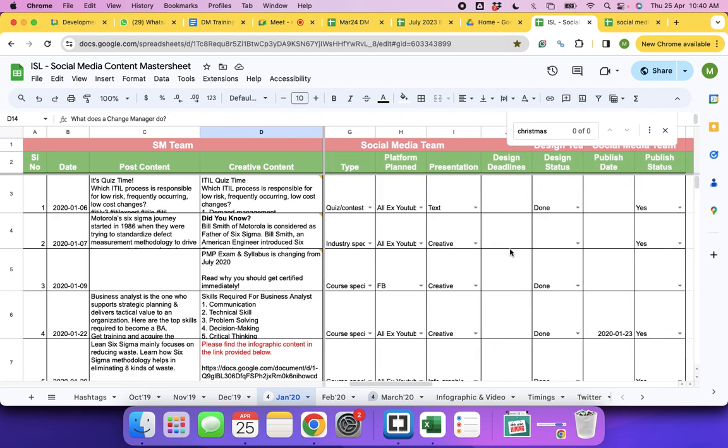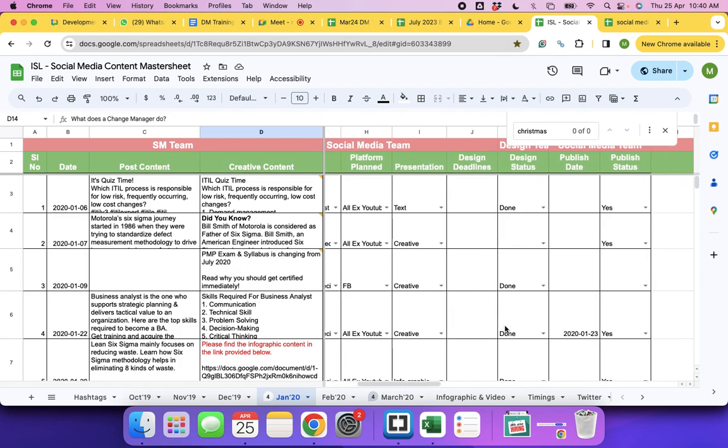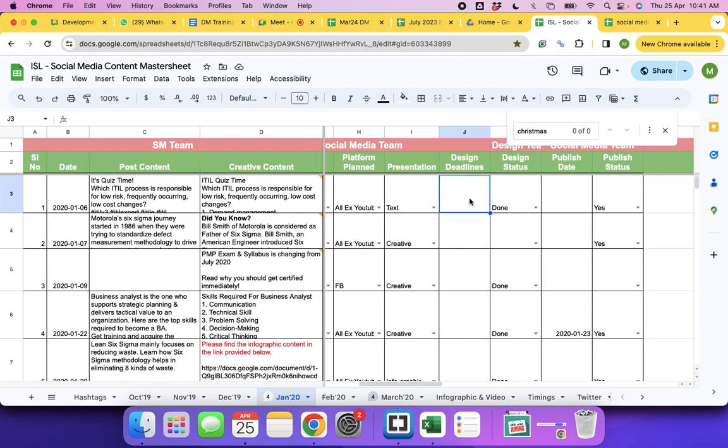Design deadlines. These are usually to the graphic designers. See, graphic designers don't understand what's running on your mind, right? By when are you planning to publish this post, correct? So that's why there will be a deadline and graphic deadline. Okay, so I need this post. So Independence Day is on 15th August in India, correct? And you expect the graphic designers to be producing it by 13th or by maximum by 14th of August, correct? So that you can publish it on 15th. So design status, once the designer develops it, we will mark it as design done.